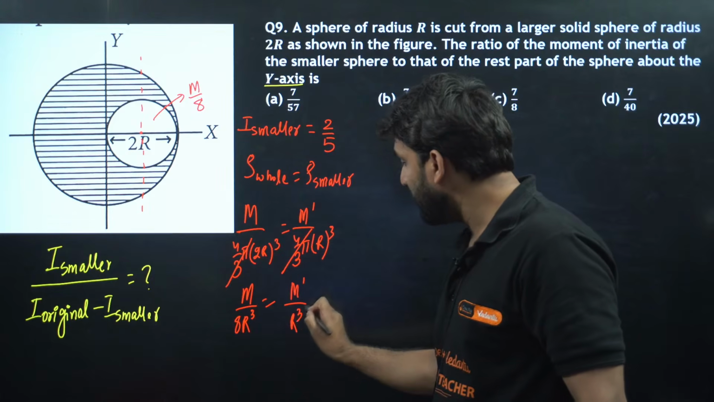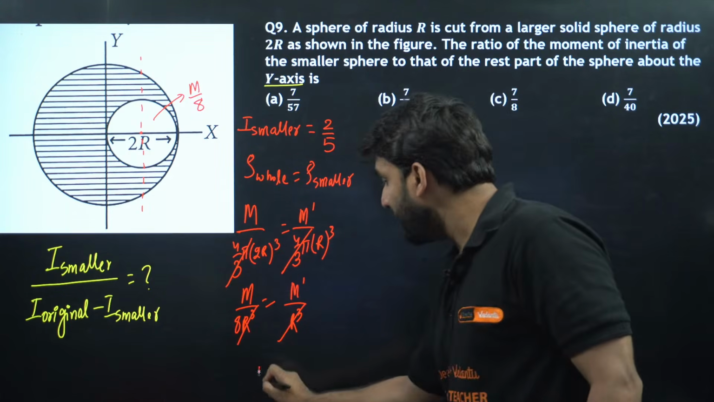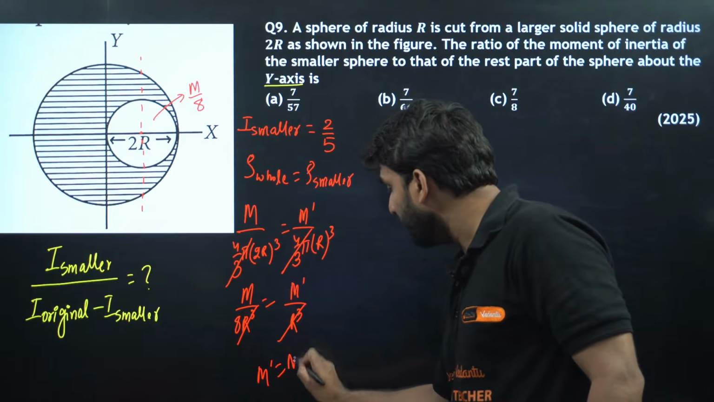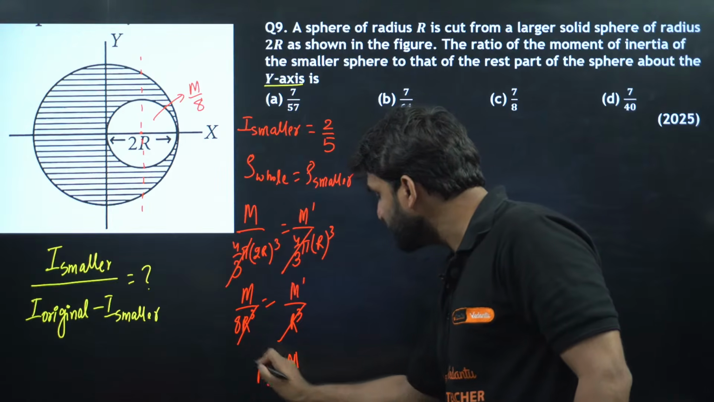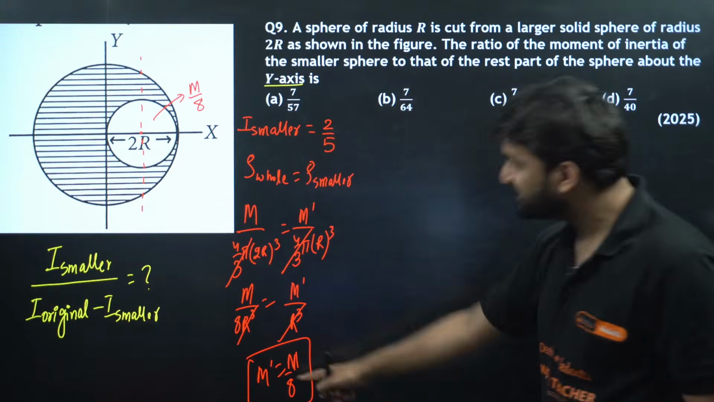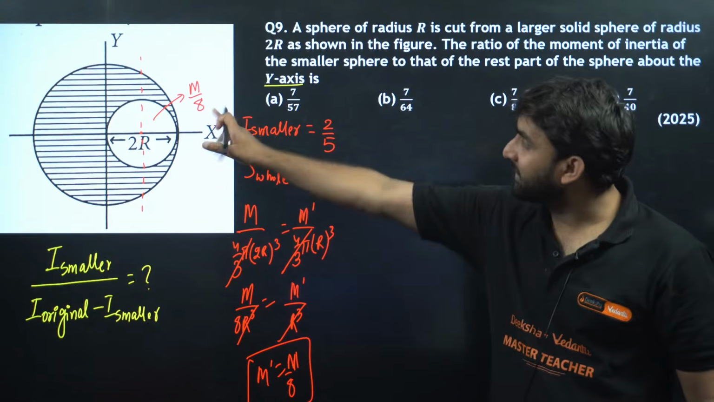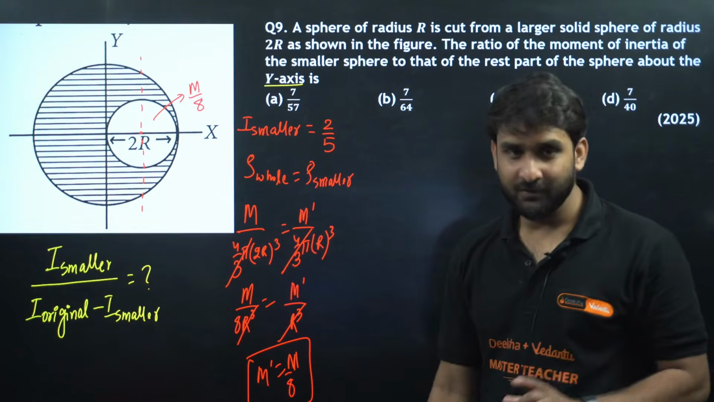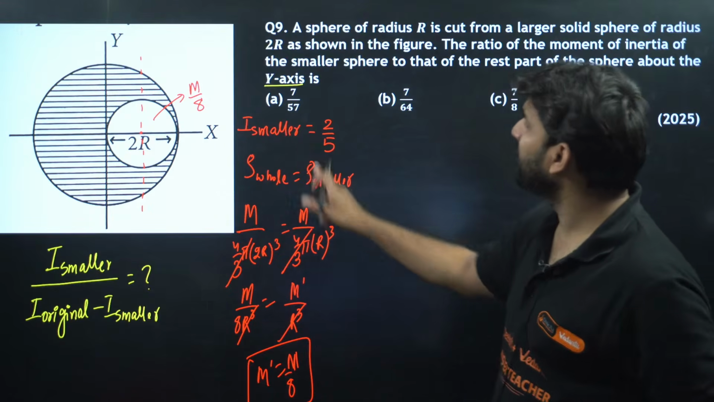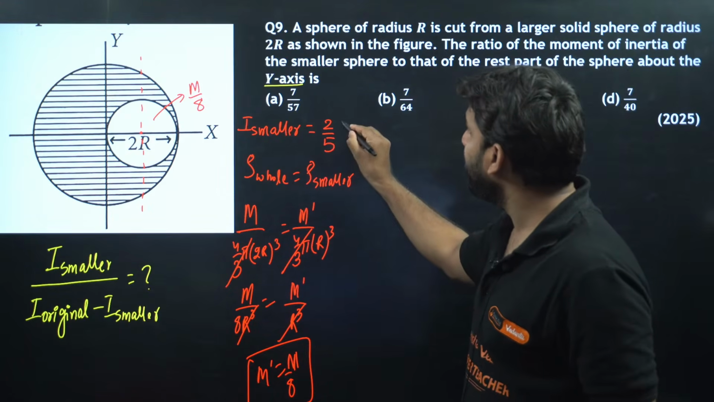And can you see r cube cancel, so m dash is equal to m by 8. M dash is equal to m by 8. I hope this is clear to you. That's why I have written there m by 8 is the mass, right? So I smaller will be 2 by 5 m by 8